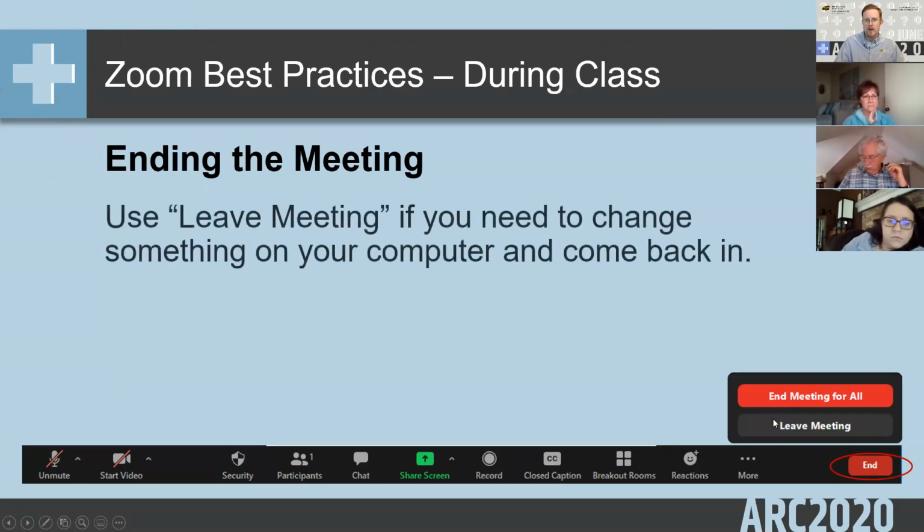So leave meeting is when you're like, oh shoot, I forgot to do something, I'll be right back. And that way you'll leave the meeting open, everybody will stay in it, nothing's wrong, you leave, you go do what you're gonna do, reboot your computer if you need to, whatever needs to happen,